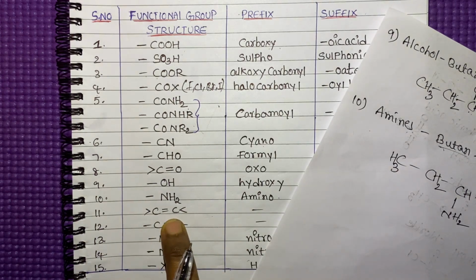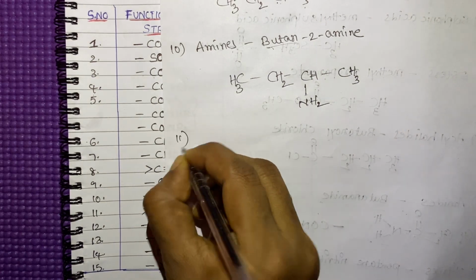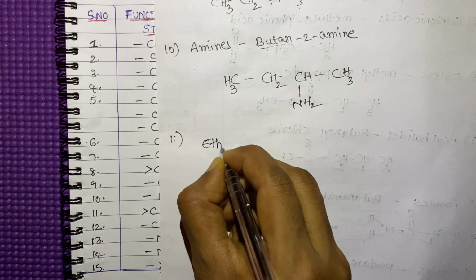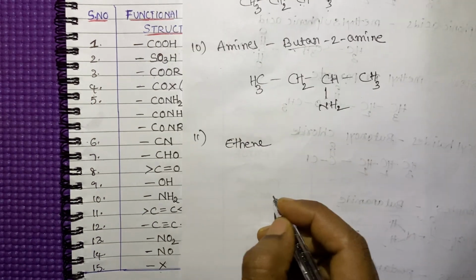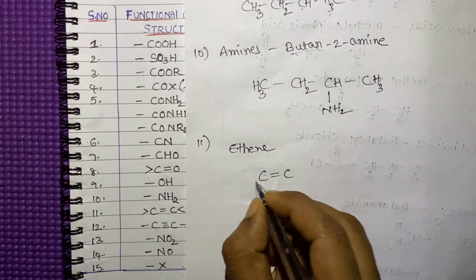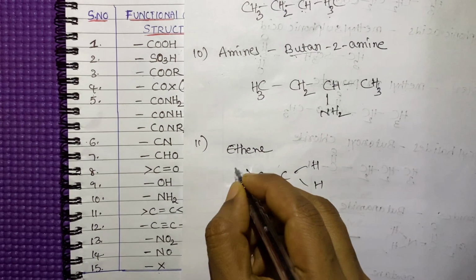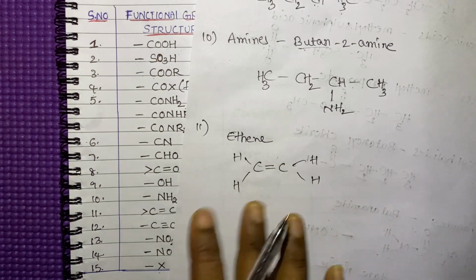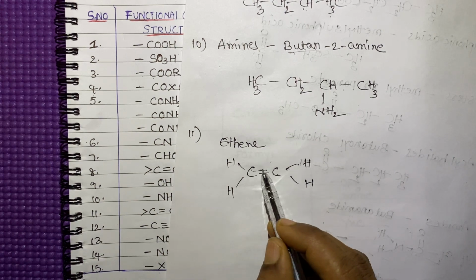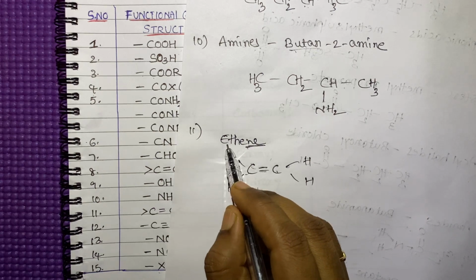Now, we'll go for the alkenes. You know very well alkenes. We'll take one example for the alkene. Ethene. How can you write the structure for ethene? C double bond C. See, hydrogen, hydrogen, hydrogen, hydrogen. Meth, eth, C2H4. Here we are giving the double bond, so ene. 2 carbons are there, so eth.